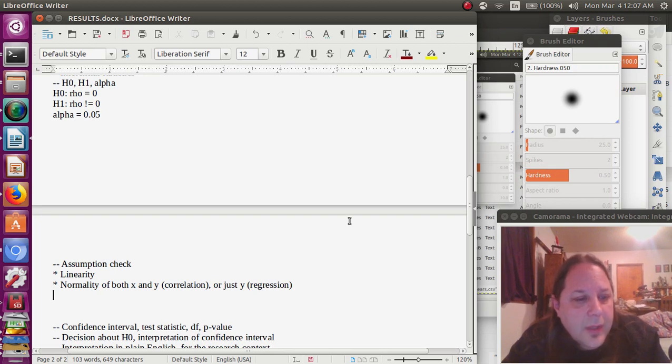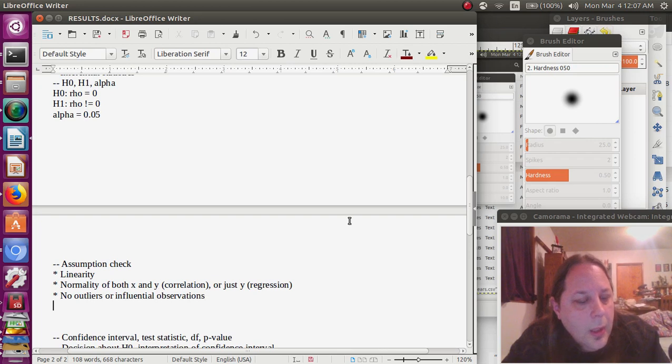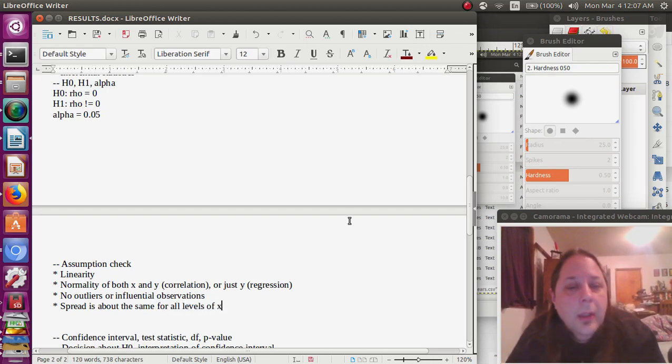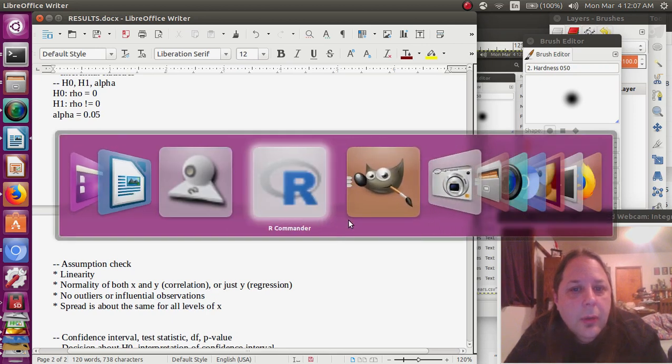And then we have to have no outliers or influential observations. And then we have homogeneity of variance. Let's say it this way. The spread is about the same for all levels of x. So let's go look at our graph,